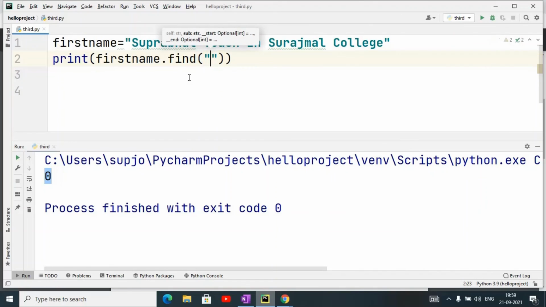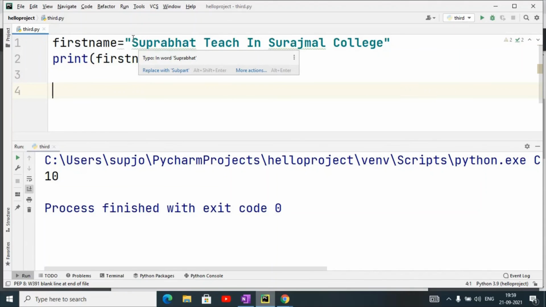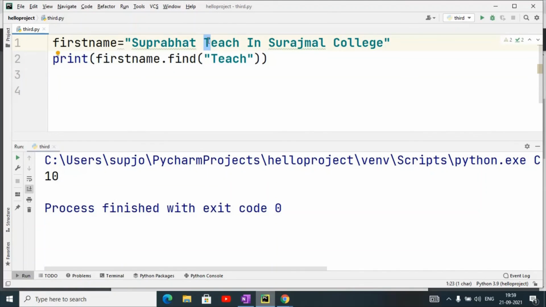Here we type, suppose I have taken teach, so it will return the index place from where it starts. Teach starts from the 10th index, because we know that index starts from 0: 0, 1, 2, 3, 4, 5, 6, 7, 8, then 9, 10, 2 blank spaces, then in the 10th place t starts.